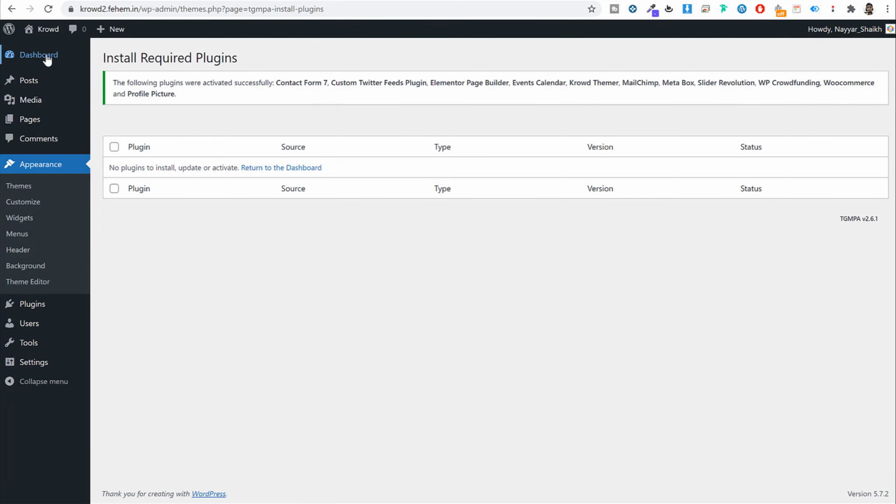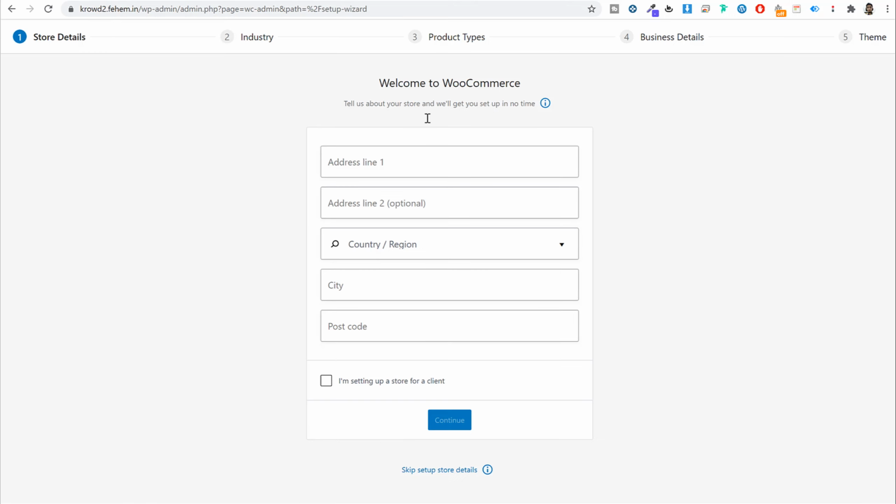Now once it is activated, you will get several options. Let me show you that. First of all, once it is activated, if you click on dashboard, you'll automatically be redirected to this page. This is your WooCommerce quick setup page. So from this page you can set up your